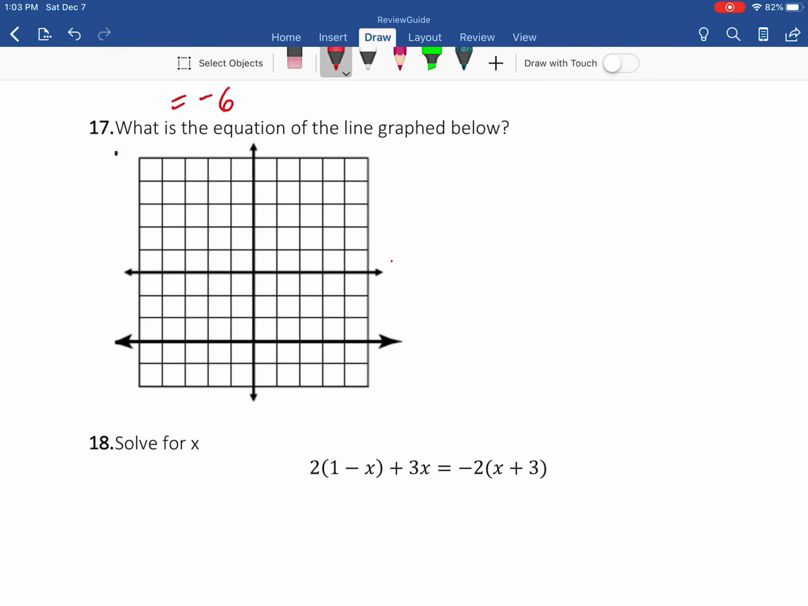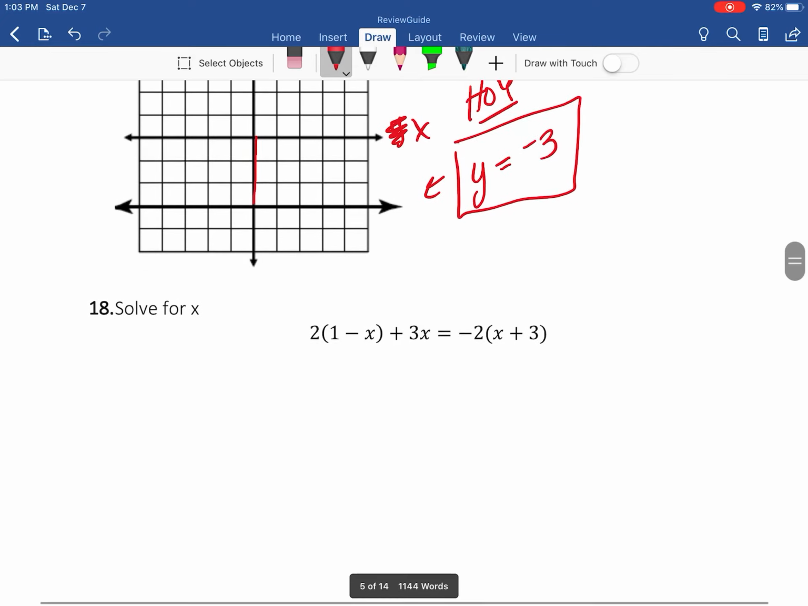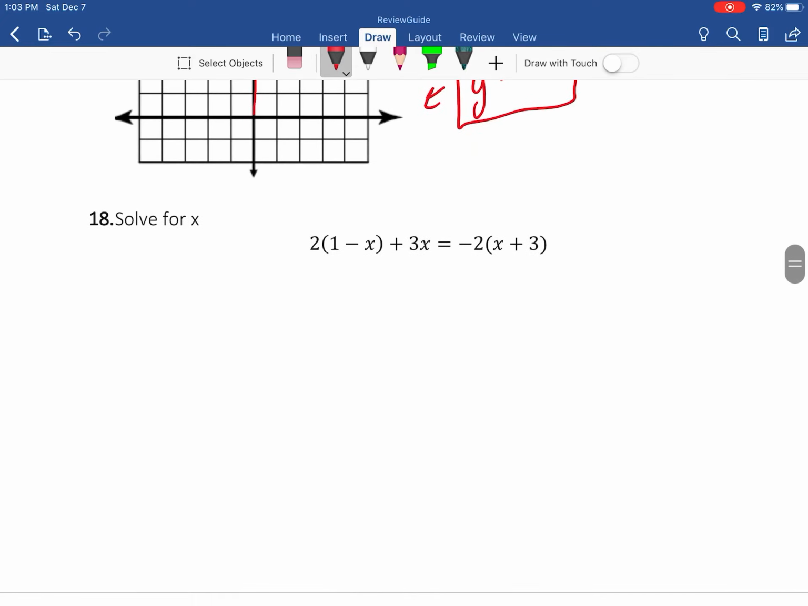17, horizontal. Now, notice this here is our x, and this here is our y. So that means I'm going to go down 1, 2, 3. This is our equation. That's a hoy. Remember hoy? Hoy, that's a horizontal, 0 slope, y equals a number. So this is going to be y is equal to negative 3. I will do number 18 in the